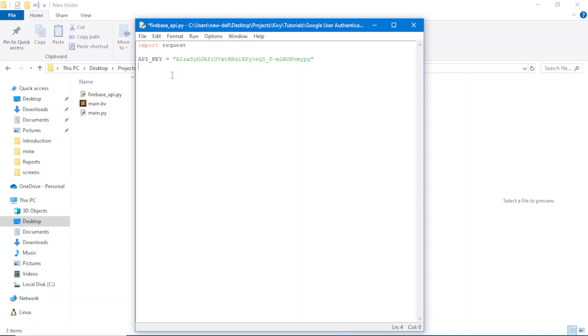Let us now work on our signup function. It will require the email and the password in order to register a new user. Let us now put the URL for our authentication. Once we've done that,